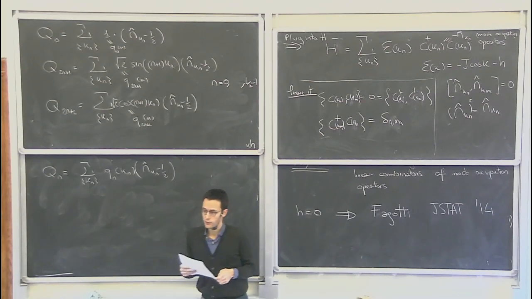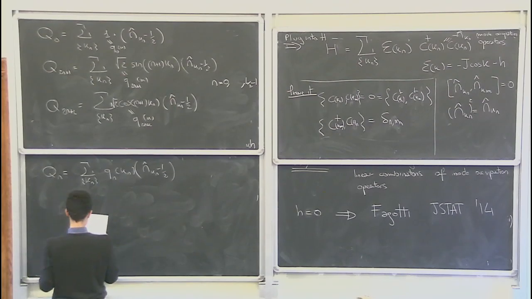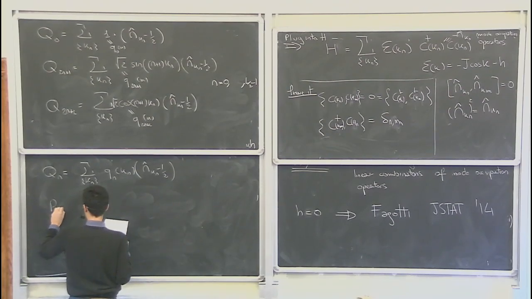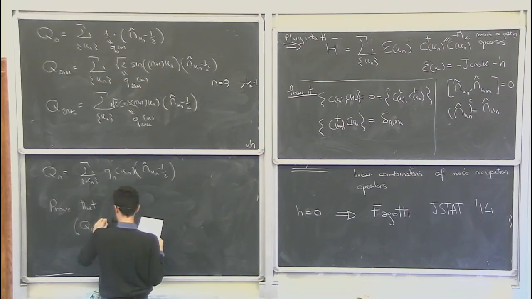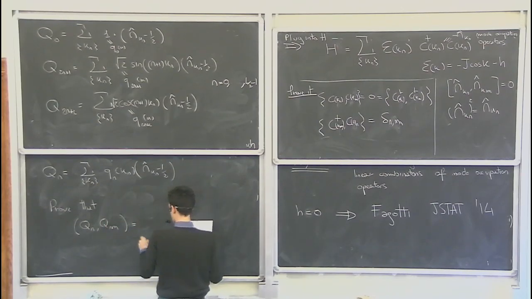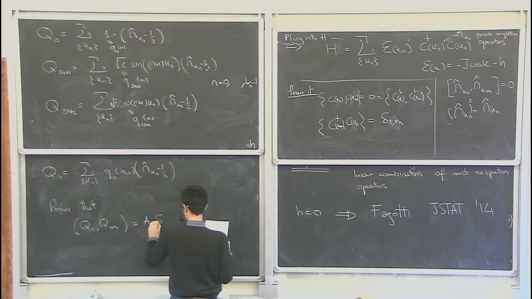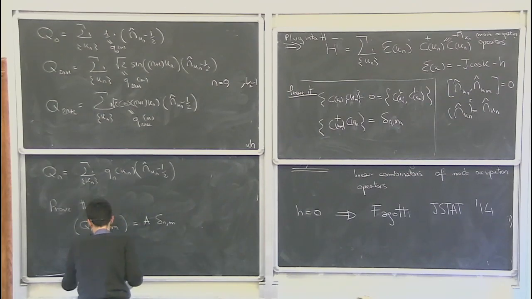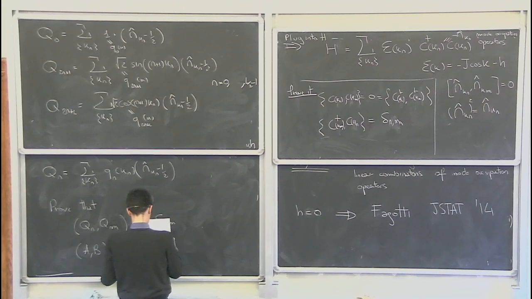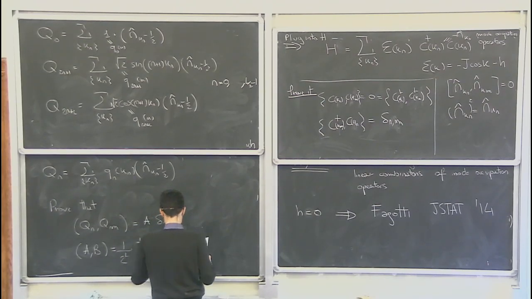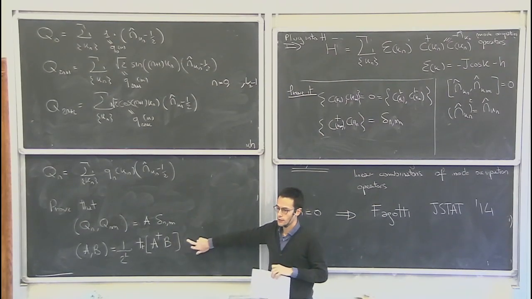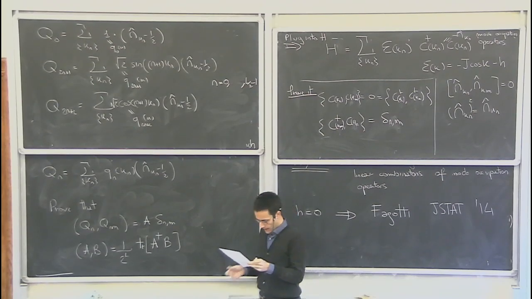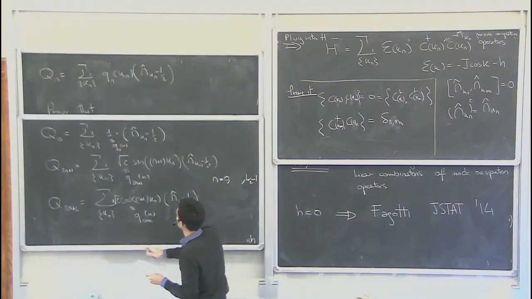Okay, and the exercise I ask you to do again in the notes is the following. You should prove that these charges Qn, Qm are equal to some constant, where I define the scalar product. So these charges are orthogonal in the following scalar product in operator space. And moreover, they are complete in the sense